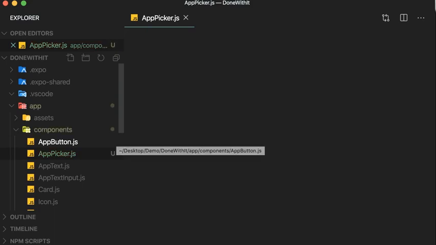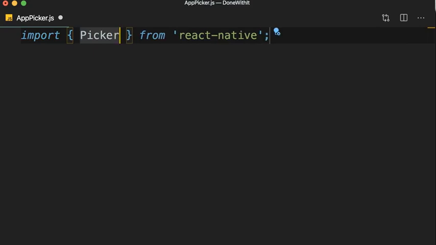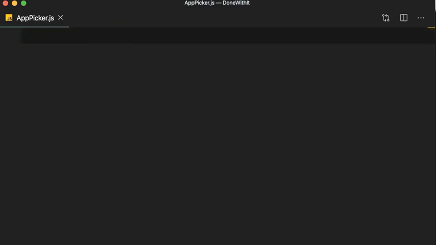So once again, I'm using app as a prefix because at the time of recording this video, we already have a picker component in the React Native core. So even though it's removed from the documentation, it's not removed from the repository. So delete. Now this component should be very similar or identical in terms of the look and feel to our